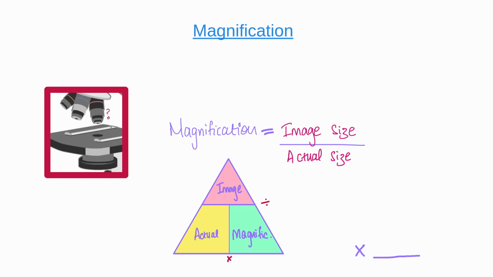Another thing to always remember is that cells are usually measured in micrometers, and our magnified image is usually measured in millimeters. So it's important for you to know how to convert millimeters to micrometers and vice versa. So 1 millimeter is essentially 1,000 micrometers. Now, keeping that in mind, when you're dividing the two values, they both need to be in the same units. So either you convert the micrometers to millimeters or vice versa. This will all make sense when we do an example, don't worry.